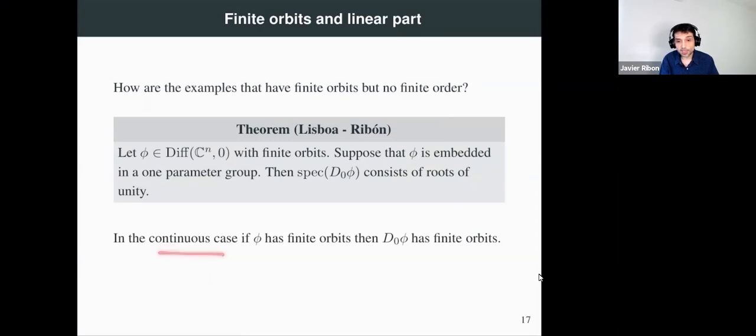In the continuous case, continuous here means that phi is embedded into the flow of a vector field, so a continuous dynamical system. If phi has finite orbits, then since all eigenvalues are roots of unity, the linear part at the origin also has finite orbits. So this implication, finite orbits for phi implies finite orbits for the linear part, could be true so far,